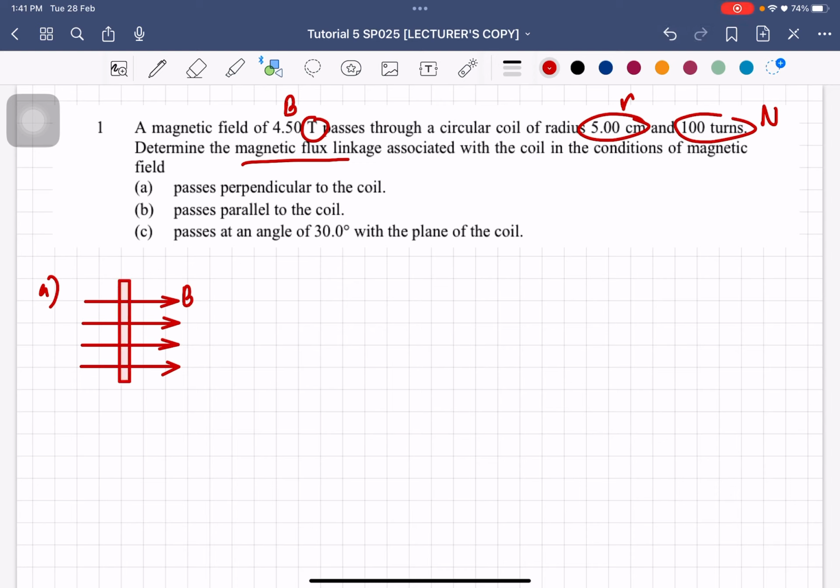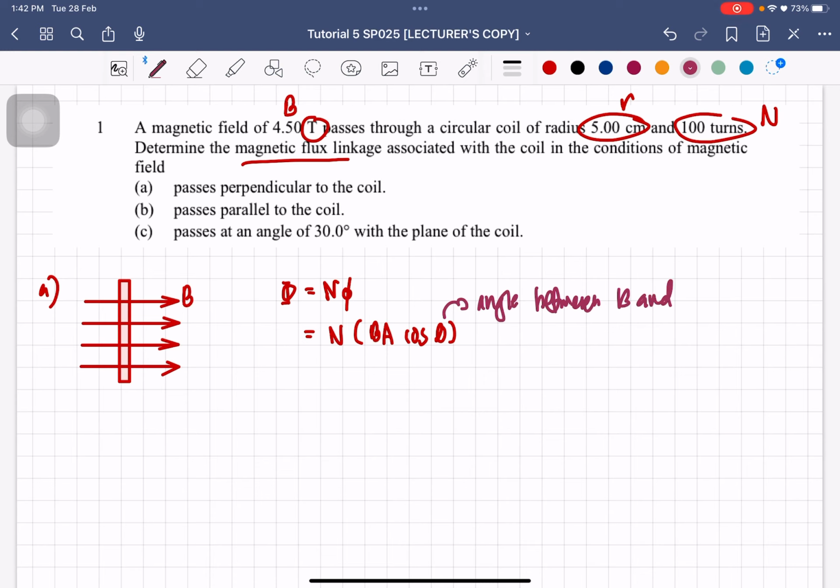We make it like that. So we know that the formula for magnetic flux linkage is uppercase phi, so this is basically N lowercase phi. So we know that phi here is BA cos theta, where the theta here is the angle between